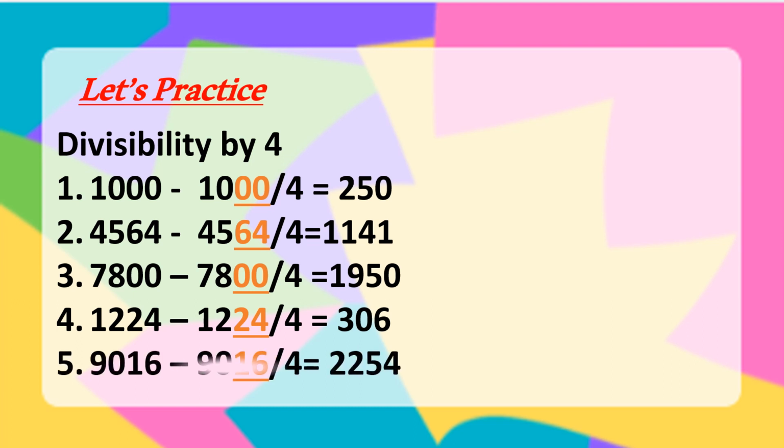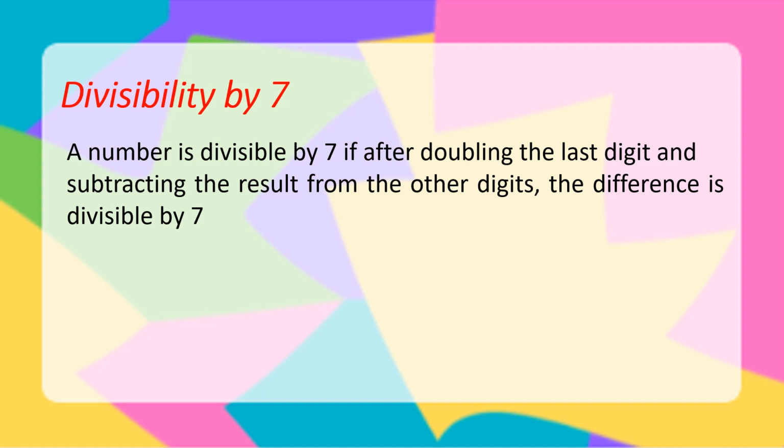And the last given is 9,016. The last two digits is 16, and 16 can be divided by 4. And 9,016, when you divide it by 4, it will give you 2,254. Now, for divisibility by 7, a number is divisible by 7 if after doubling the last digit and subtracting the result from the other digits,